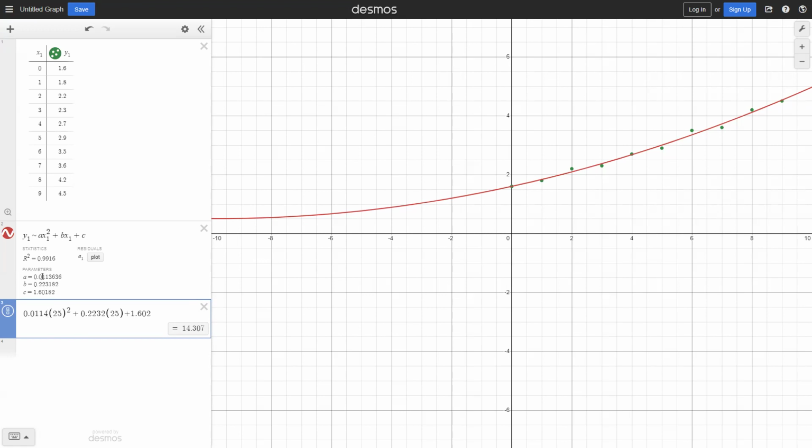If you wanted to type the whole thing in, you could do that as well. And I see that I'm close, but I'm not what the graph was saying. So let's change this and just type what the numbers are above. Let's see, 0.2232 and 1.602. All right, so this actually is closer. So this is 14.2836, and we noticed over here it was